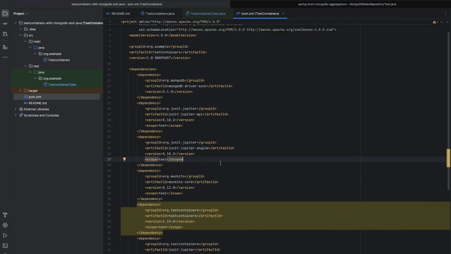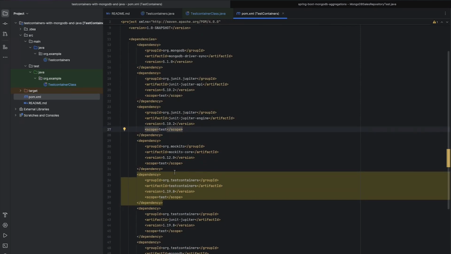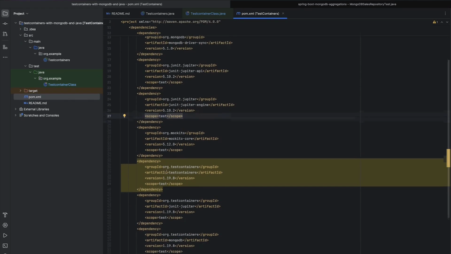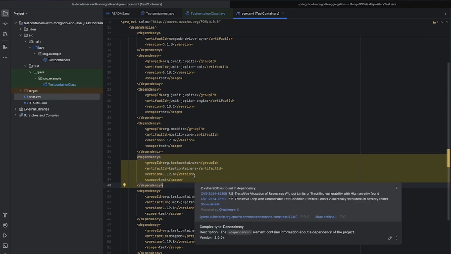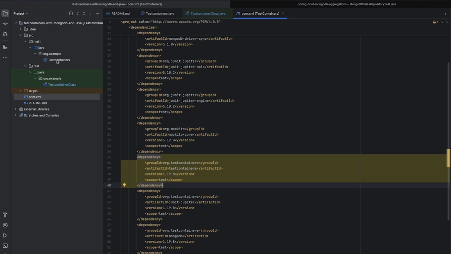So let's get into the code of how we write the Java application for it. To start writing the Java application, we have the Maven pom.xml structure where you would need to load all of these dependencies that you see on the screen. These are the test containers dependencies that we load with the project, and then we start writing the test cases. So let's understand what this code is all about.